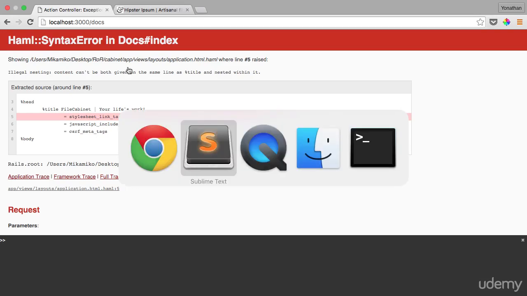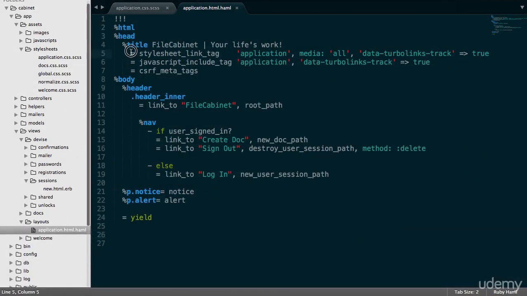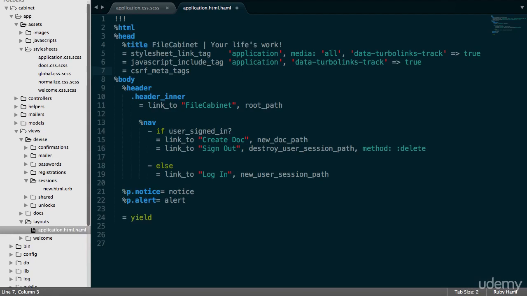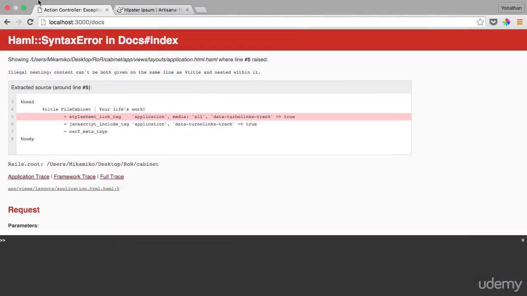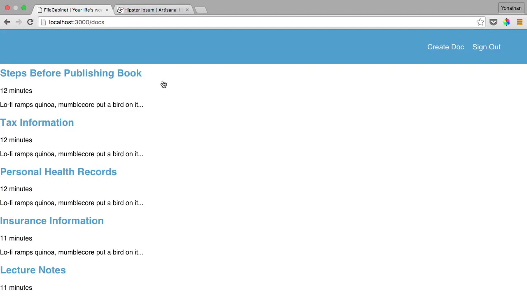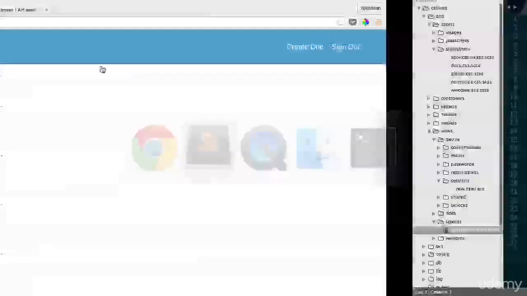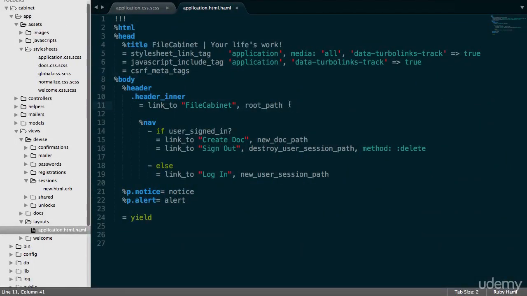So let's go back, and yeah, I believe we should make sure that these are all here. And let's save this and go back into our browser and refresh. Perfect. So, we actually haven't styled the file cabinet logo, so let's go back into Sublime Text, and here we're going to do ID, a logo. So let's save this,